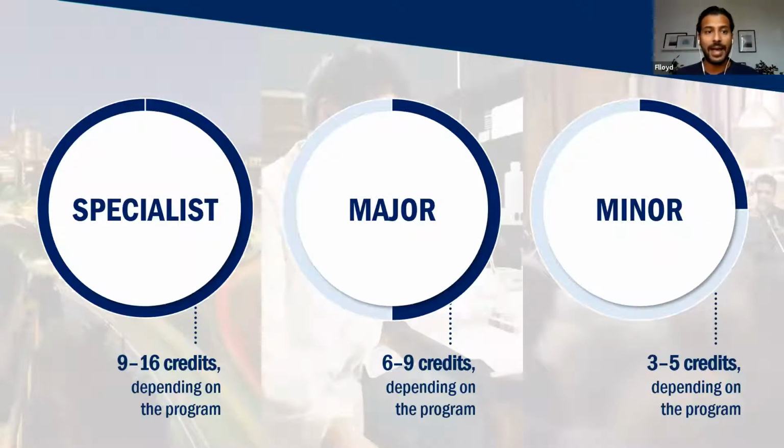Now, lastly, a minor is the smallest kind of structure that's available. It's about a sixth of your degree when you're looking at it compared to majors and specialists. So students will either do a single specialist, a double major, or a major with two minors. In this situation, a minor paired with another minor is the same amount of work as a major, and so matches the amount of work you'd be doing in a double major or in a specialist.